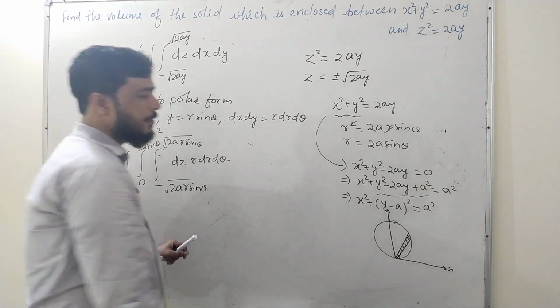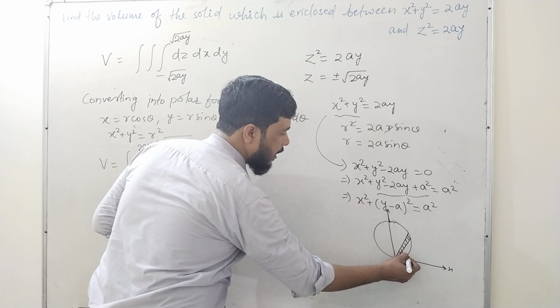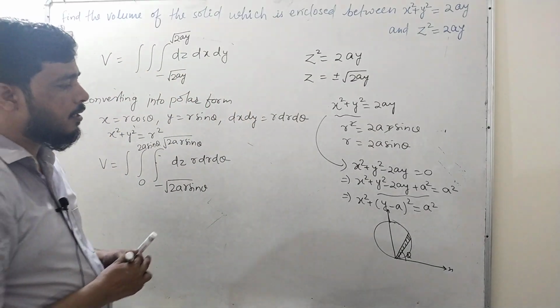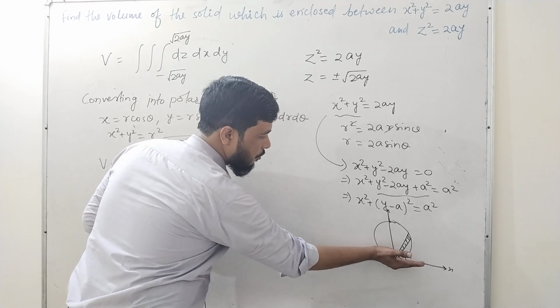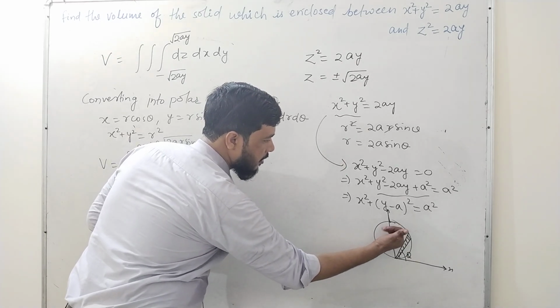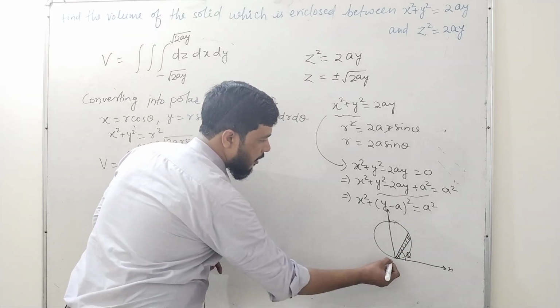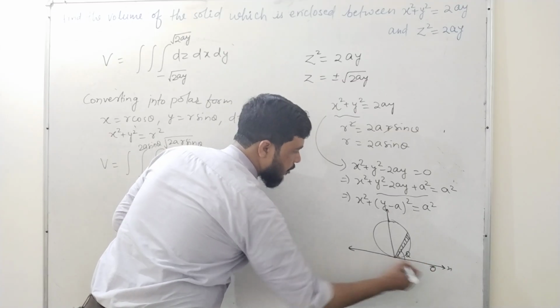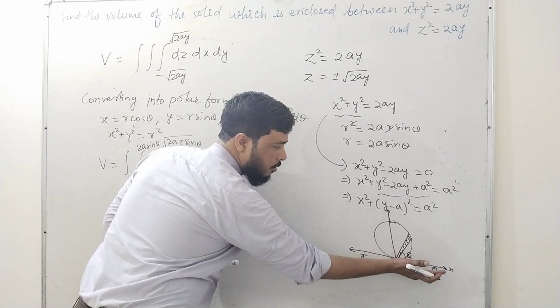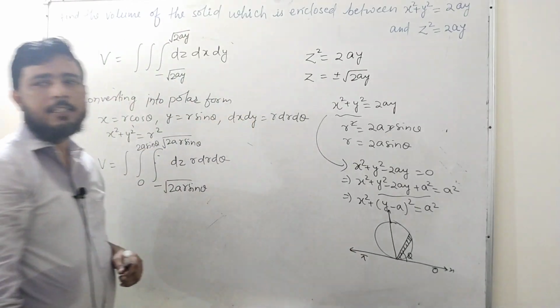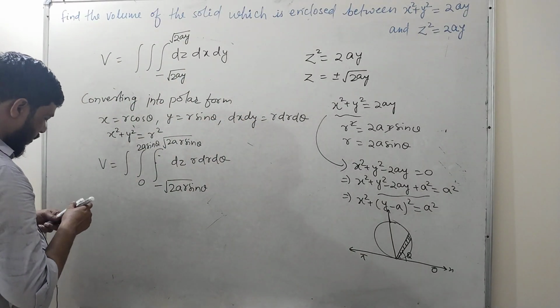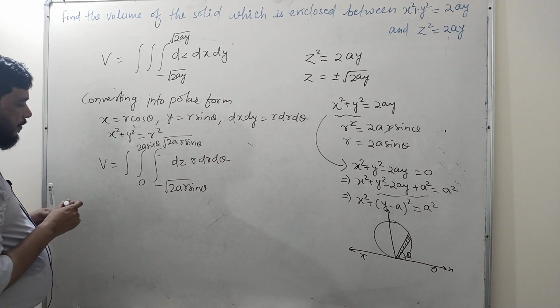Now to find the area of this circle, this is an elementary section. So here this is θ. To cover the whole circle you have to rotate this elementary section in this way. When you rotate it like this, you are moving from θ = 0 to π. This position is θ = 0 and this position is θ = π. So now the limit of θ is 0 to π.